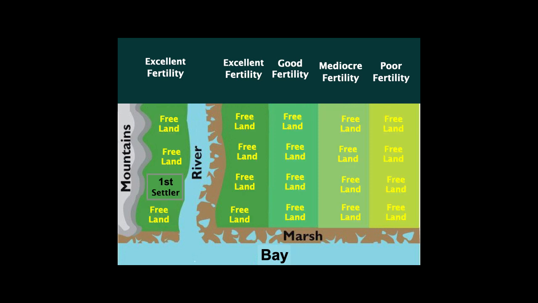The second settler arrives and asks, "Is that your cabin?" "Yeah." "Are all those crops that are growing, are they yours?" "Yes, they are." "Okay, what makes them yours?" "I built that cabin. I planted that crop. They're the fruits of my labor." "Well, yes, everybody must keep what they produce. If they can't keep what they produce, they're going to starve to death, aren't they?"